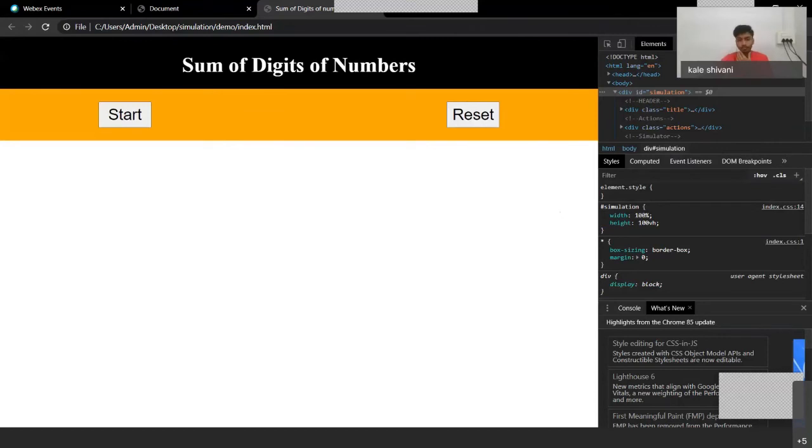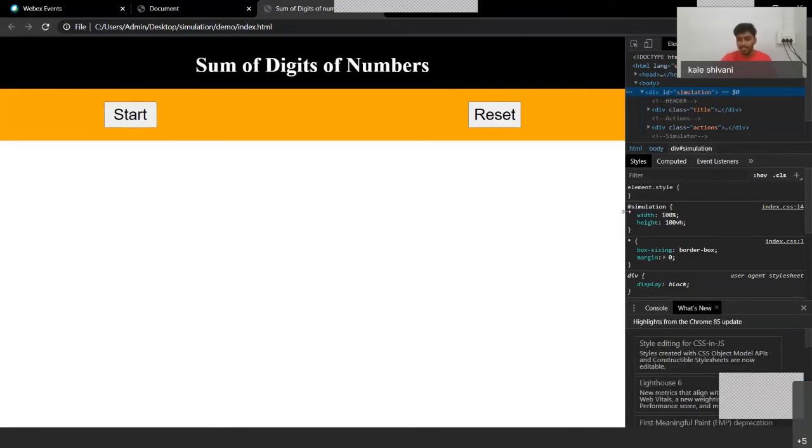What is the difference between 100% and 100 VH in simulation? Okay. 100% will basically do the same, but with 100% you get the full screen size.